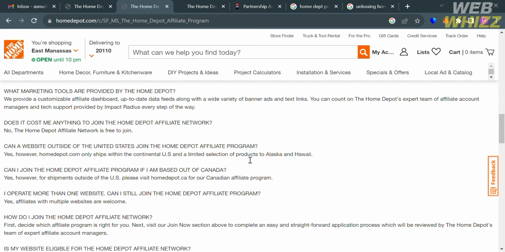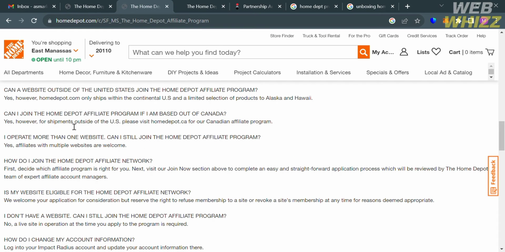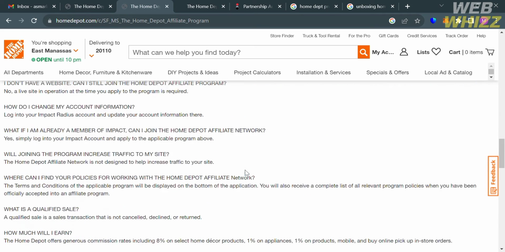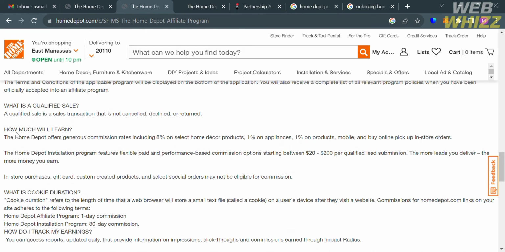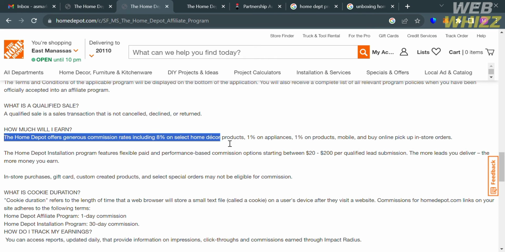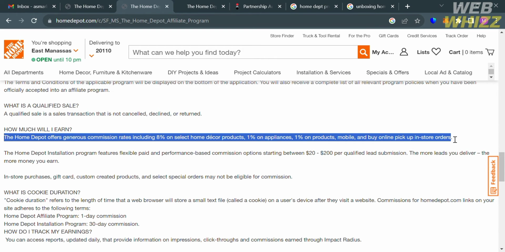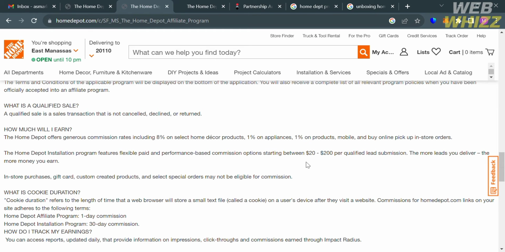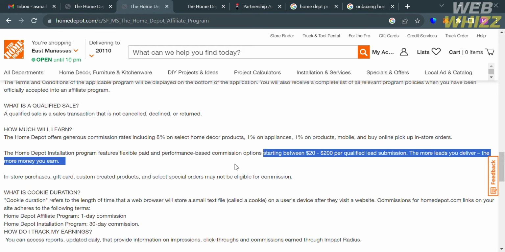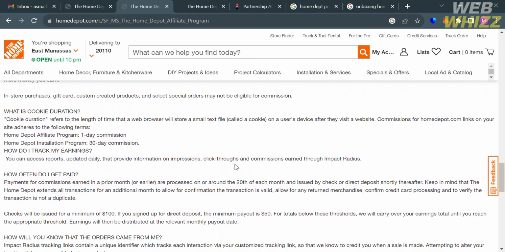And aside from that, you will also see other questions that you can look at with their corresponding answers. For instance, this question, how much will I earn? You will see the answer that Home Depot offers generous commission rates including 8% on select home decor products, 1% on appliances, and 1% on products, mobile, and buy online, pick up in-store orders. While the Home Depot installation program features flexible paid and performance-based commission options starting between $20 to $200 per